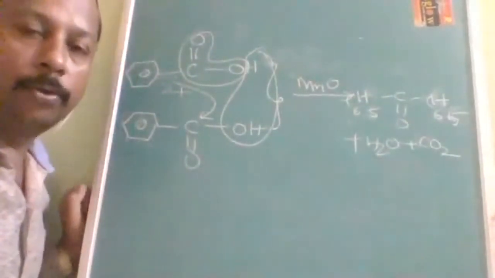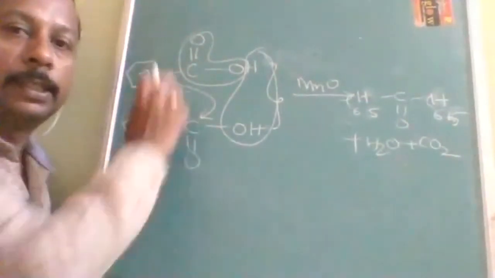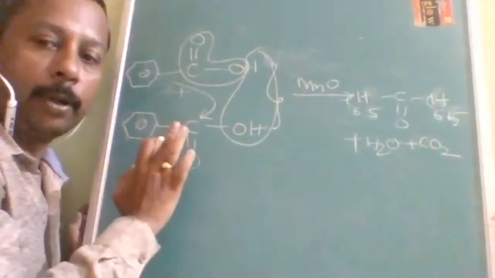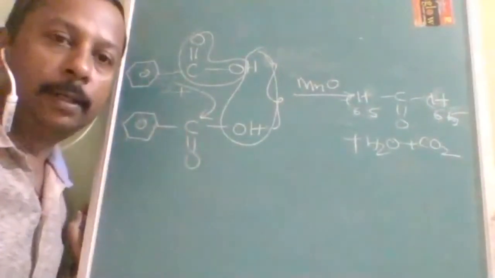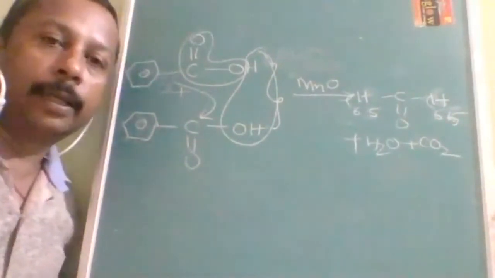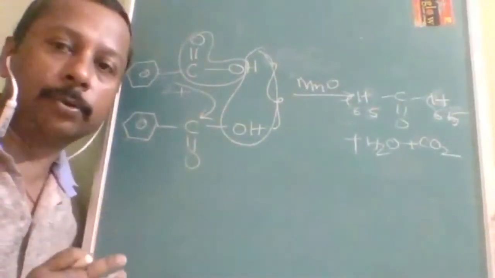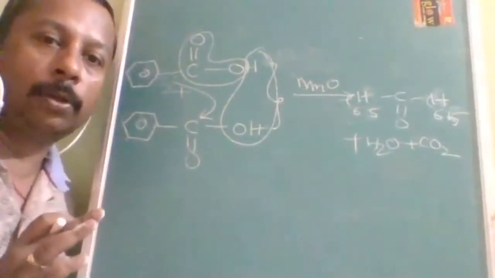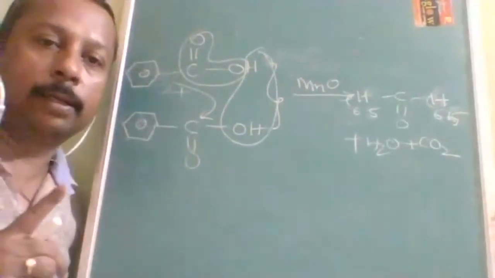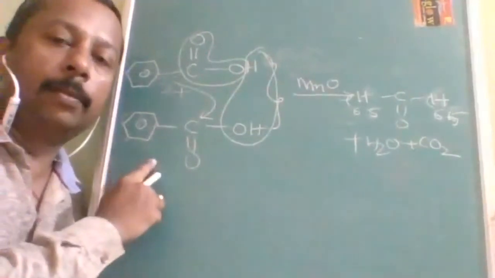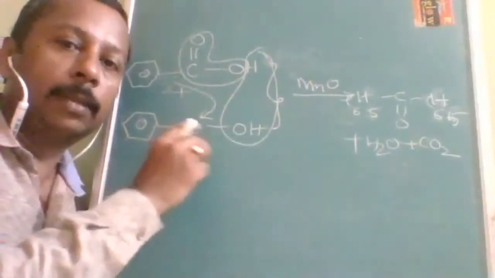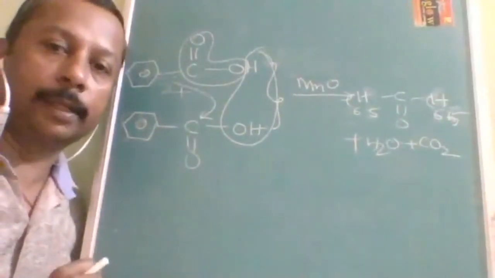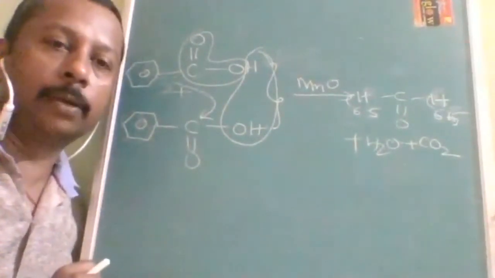Now you may ask a question: if these are different, again it is the same problem. What is the problem? The same problem of getting a mixture of three compounds. Intramolecular 2 and intermolecular 1. So this is also a problem in creating aldehyde. It is very difficult to create aldehydes like acetaldehyde. These methods cannot be used.